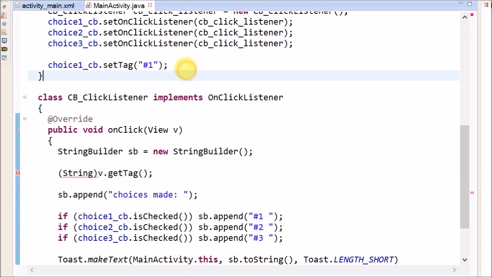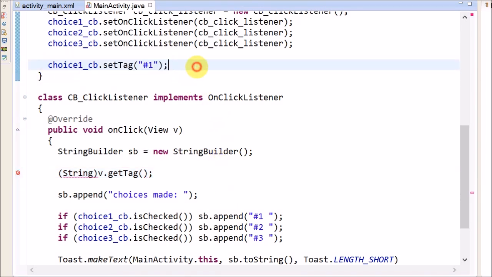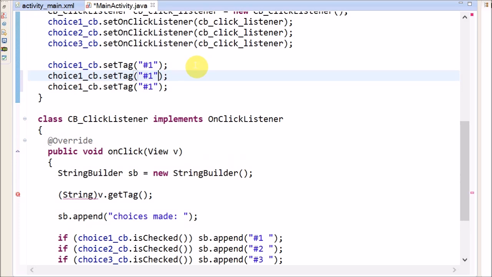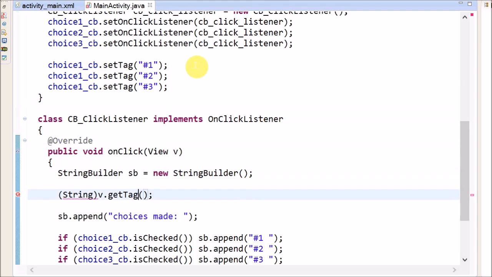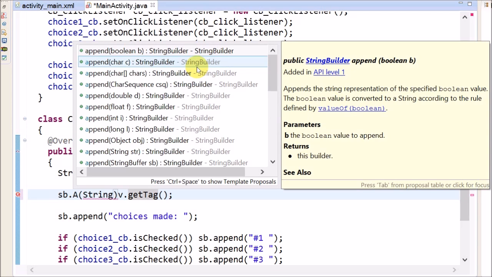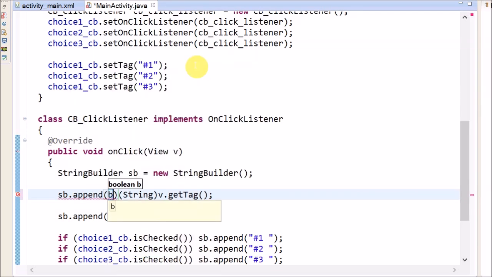So I'm putting a string here. I'm giving it a so-called tag here, and then over here I'm extracting it. So this one, something plus, got clicked,